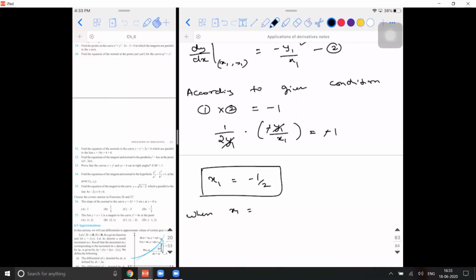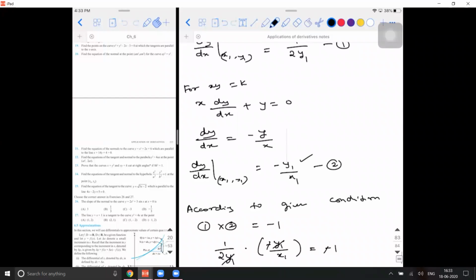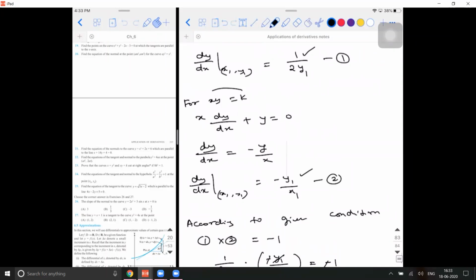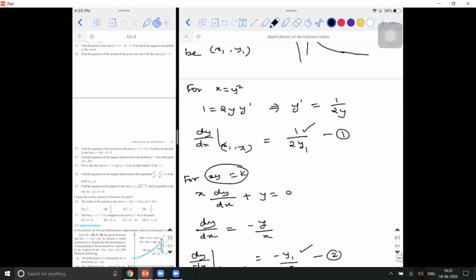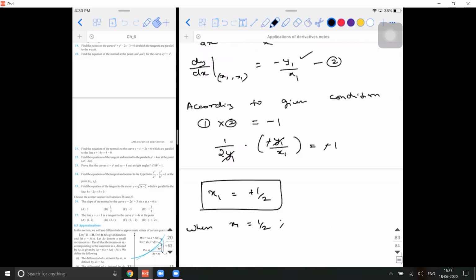So for xy is equal to k, 1 plus x into dy by dx. No, see, when I differentiate this, got it, sir. So when x1 is half, what is the value of y1? Half is equal to y1 square. So y1 will be equal to plus or minus